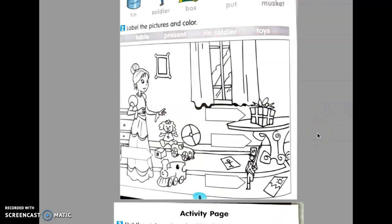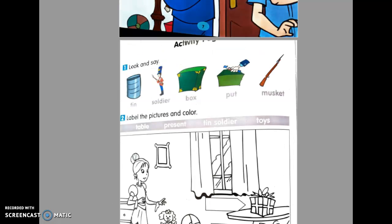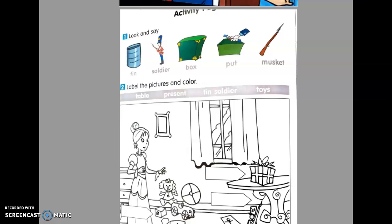Okay, if you have your book, please open your book, page 8, and activity. Say it. Ya les digo qué dice ahí. Wait for me. I open the book. Activity page. Number 1. Look and say. Eso es una lata, un soldado, una caja. Put, la acción de colocar algo, algún objeto sobre otro. Put. Y un mosquete, creo que se llama. Ok. Los niños saben más que yo de this name in Spanish. Tin, soldier, box, put,